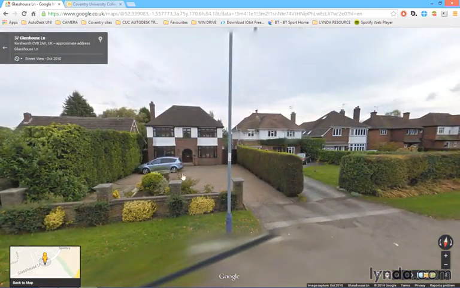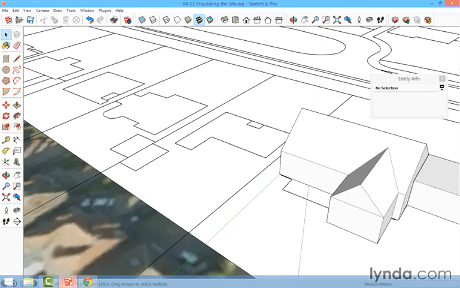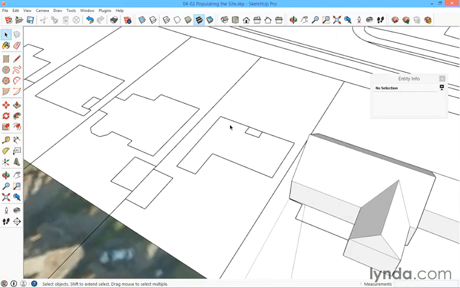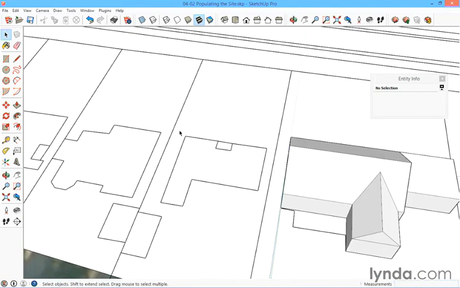The one next door to it is a much bigger affair. So this is pretty much just a box with a hipped in 4 directions roof on it, and there'll be some bits and pieces going on at the back. It looks like this center bit comes out and you've got some bays going on there, but again, let's not worry too much about that sort of stuff. It shows the bays coming out there, so if we did want to do that, it looks like there's some sort of extension going on at the back as well. So again, we need to reset our axis